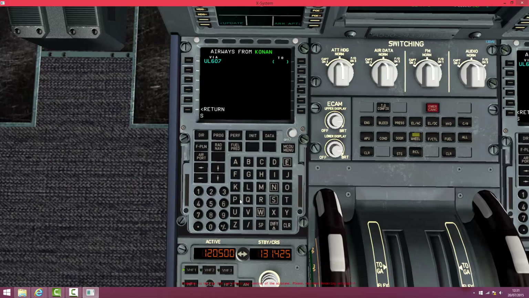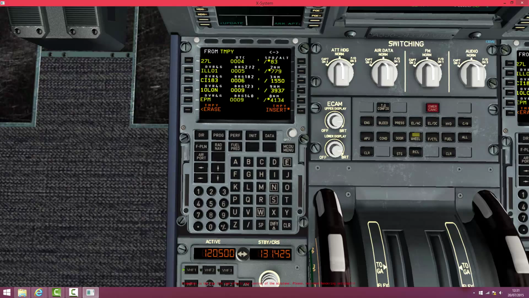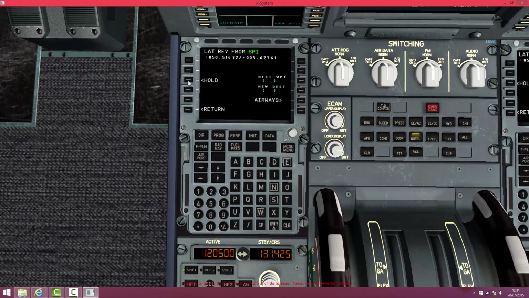So Sierra Papa India, and we'll just go back, insert that yet again, scroll down like always. Man, there's so many waypoints. Click on Sierra Papa India, and then we just go to Airways again, and then it's Uniform Zulu 112, I believe. Uniform Zulu 112,